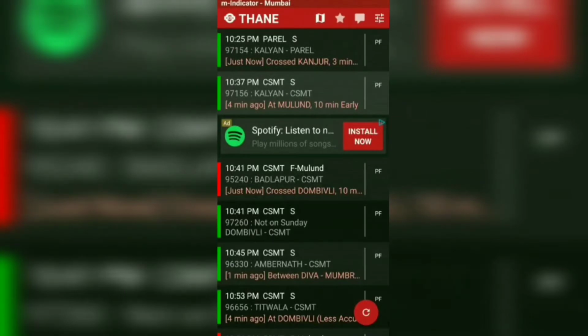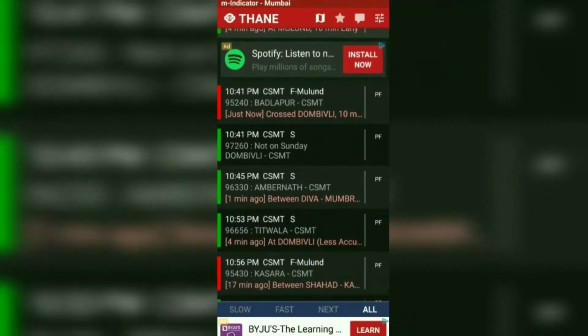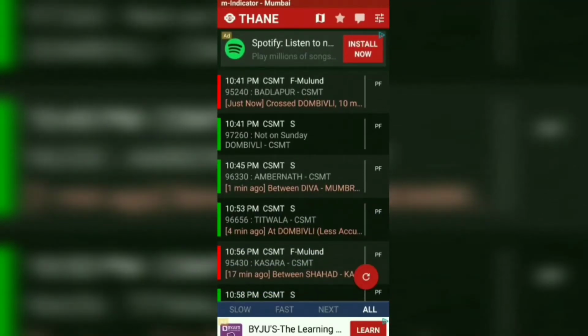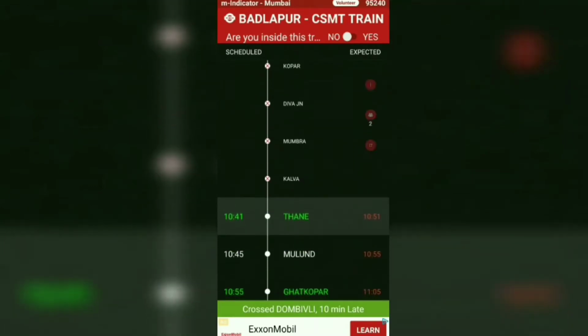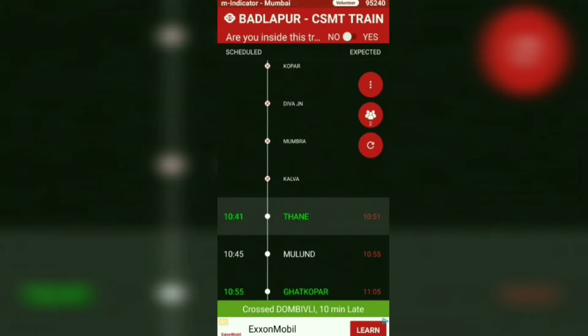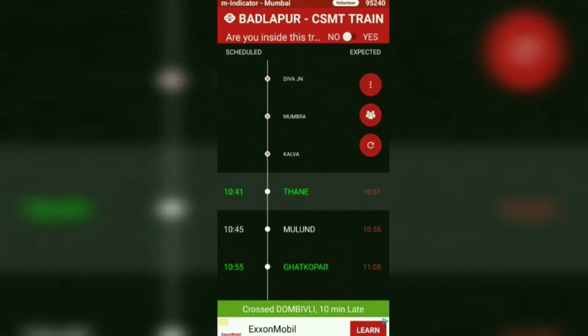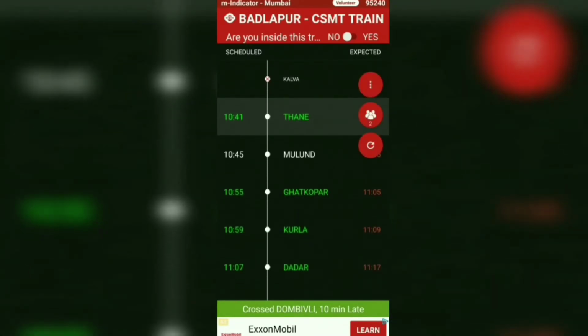The trains available right now are from 10:41 p.m. to CSTM. Now let's get into this. As you can see, this train is 10 minutes late, and has crossed Dombivli just now. You can even see the stations at which it's not going to stop. It will stop at Thane at 10:41.